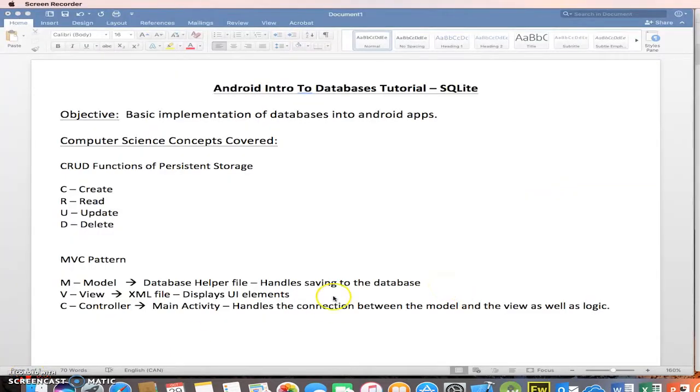Okay, we're moving into the final stretch of the tutorial here. We've created the model, which is our database helper. We've now created the view. And the last thing that we're going to create is adding to that main activity. We're going to add some logic in there that links those two things up and allows us to interact with those UI objects in the controller. So let's get